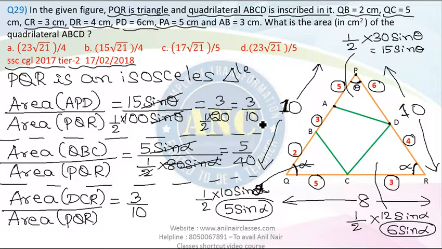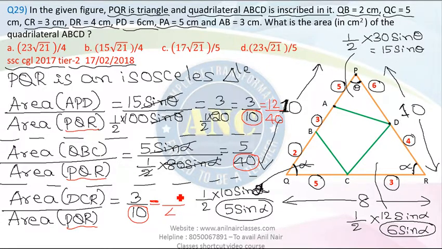Now can I say like this, think a little logically: the denominator is the area of triangle PQR in all the three cases. Now the area of triangle PQR here is 10, here it is 40, here it is 10. Make this 10 as 40, multiply by 4, this becomes 12 by 40. Here it is already 40, make this 10 also as 40,